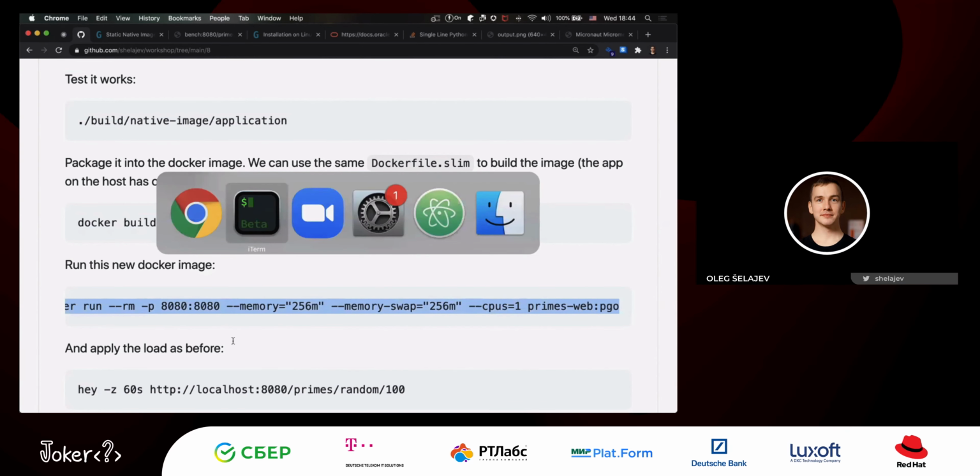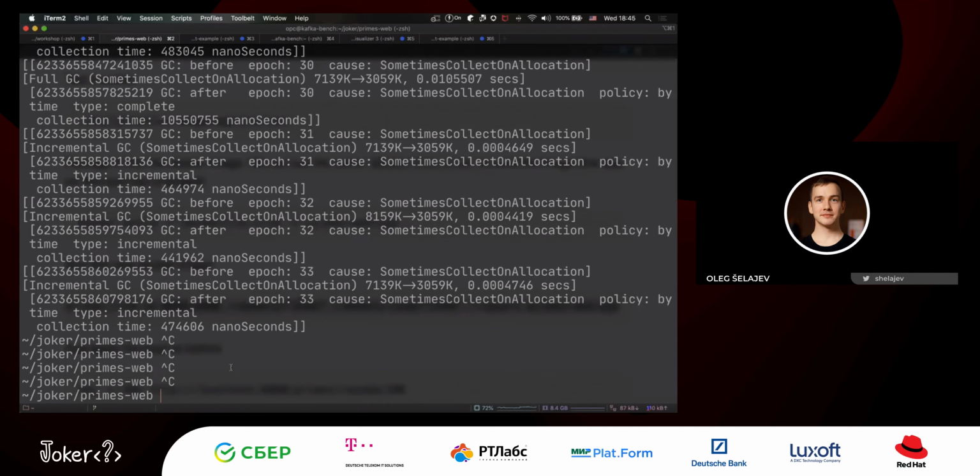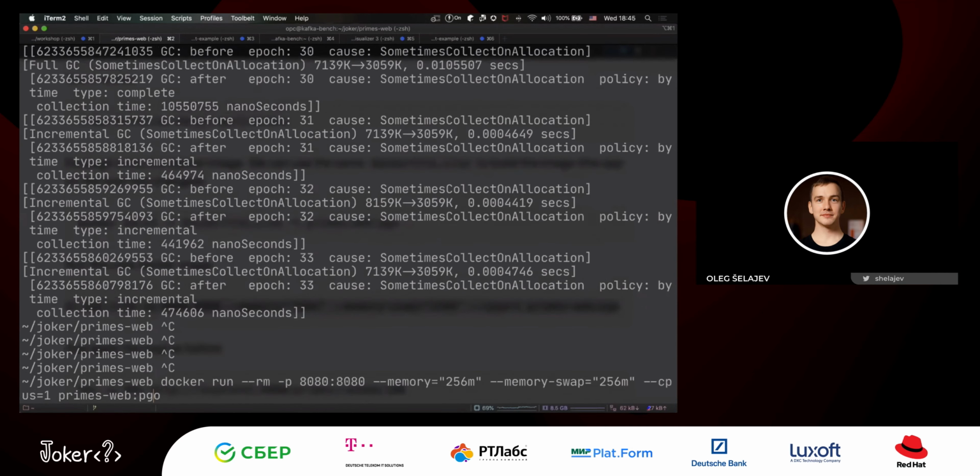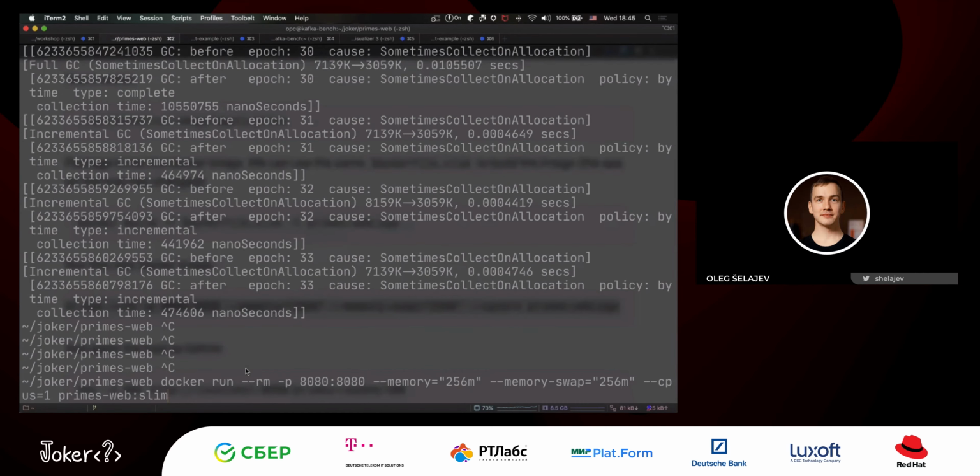So I will run this Docker image, but I will do the slim, right? We just use this. This is our Primes web slim image, right? It is the normal native image put into the Oracle Linux slim environment, and we run this, and give it the memory limits. For memory, we disable the swap and say one CPU only, right? So we run this,